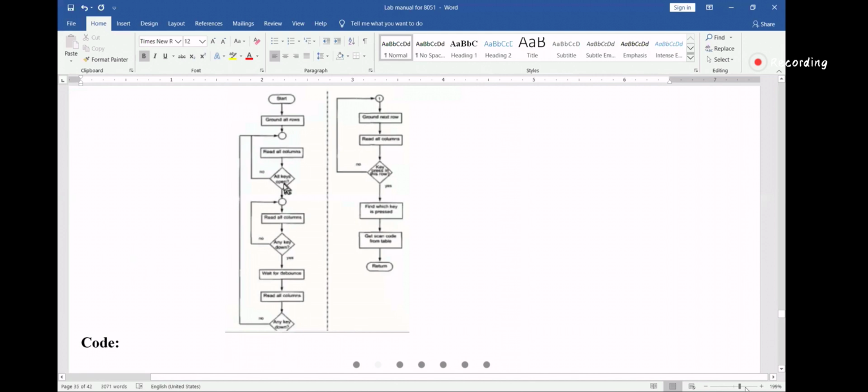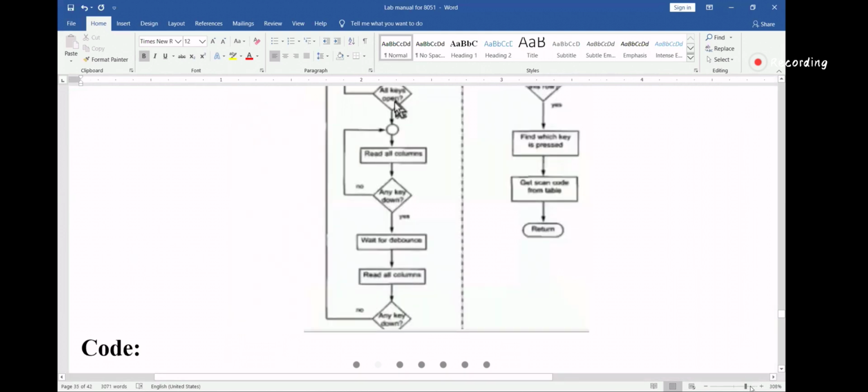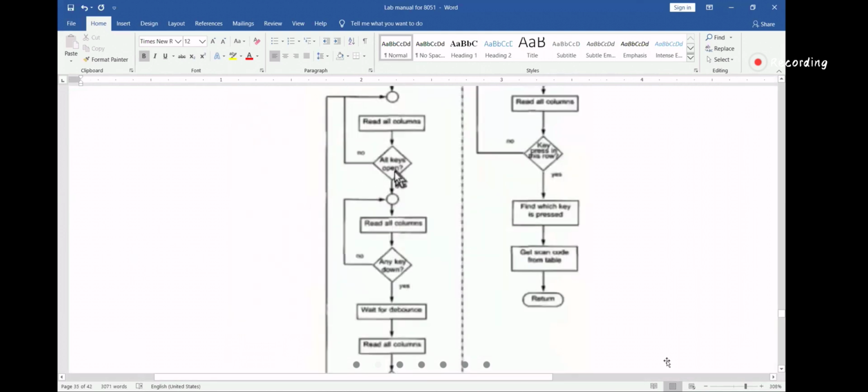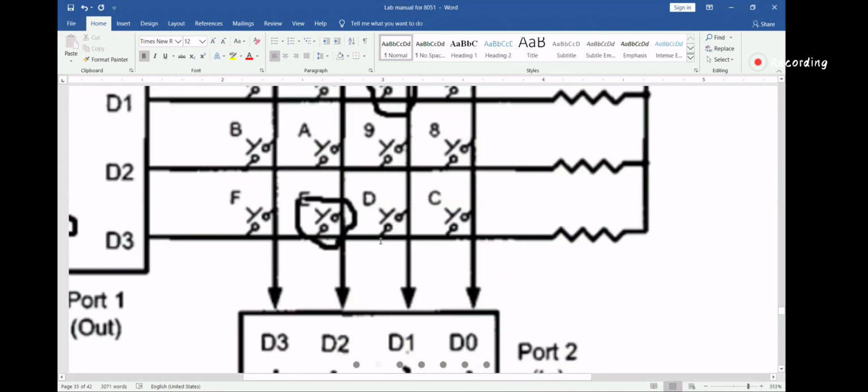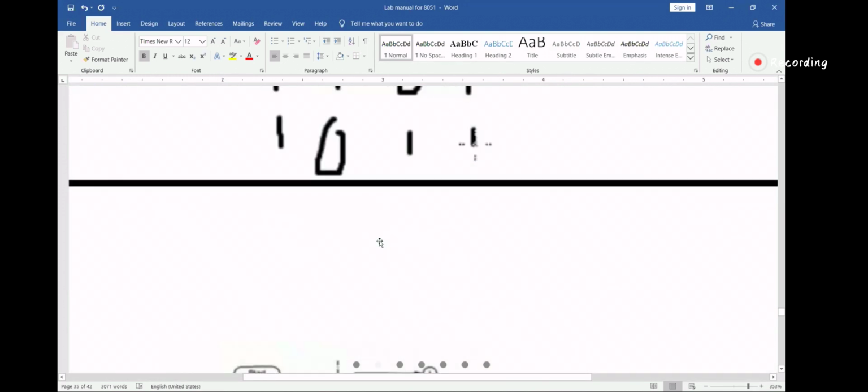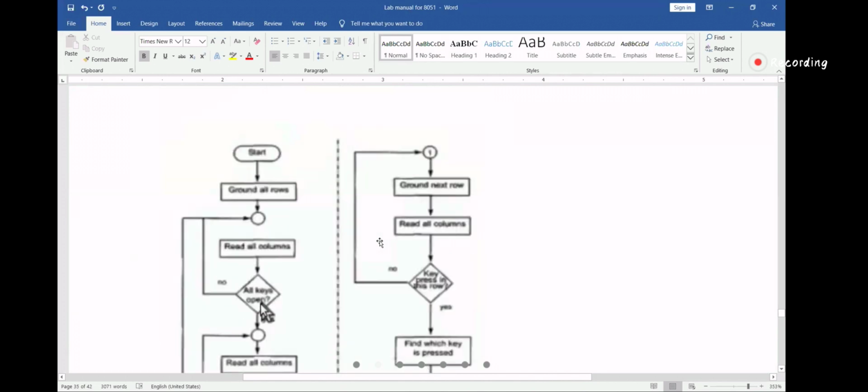So let's look at this flow chart. This is a little unclear because I copied it, not in detail, but enough to understand the flow chart. So I'll start with this. Start the program.